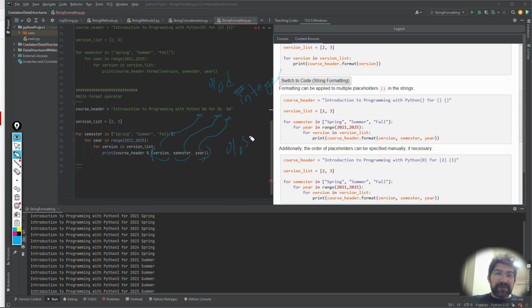%s means it's going to be a string. Okay, so this %d is going to be replaced by a number. %s is going to be replaced by a string, and similarly %d is again going to be replaced by another number. So this is another use of